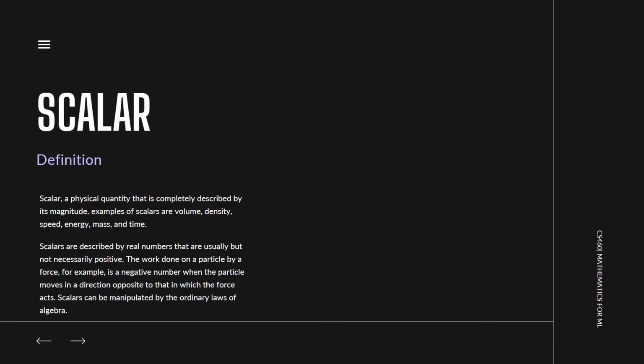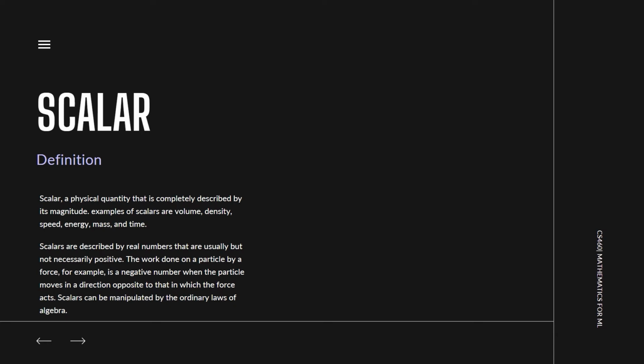Before getting to the definitions, I would like to discuss how the concepts of vectors and matrices are important for ML. In CS in general, a computer does not perceive the world as we do. So we need to modify our problem in such a way that it can be understood by machines. Now let's move on with the definitions.